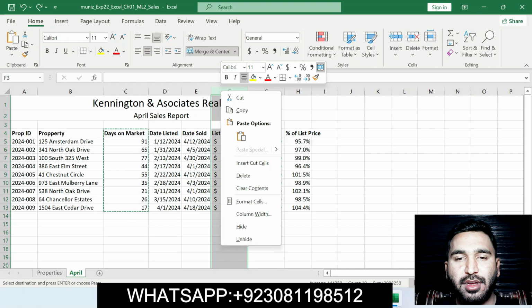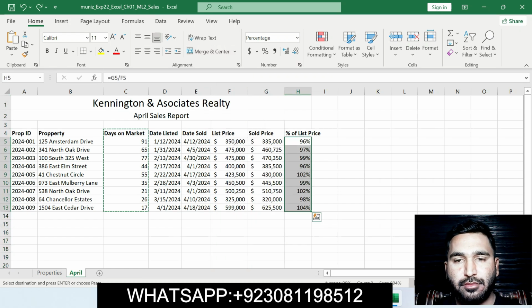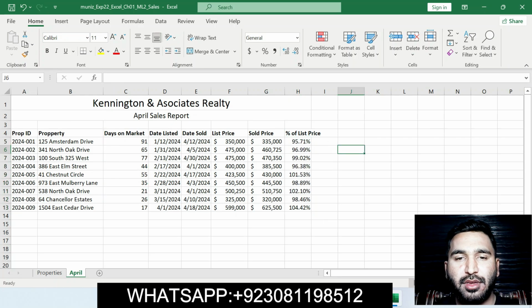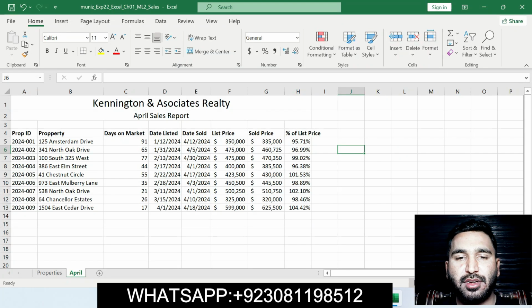Right click on this and insert a column here, and we will insert a new column between the date sold and list price. Here is date sold, list price and sold price.